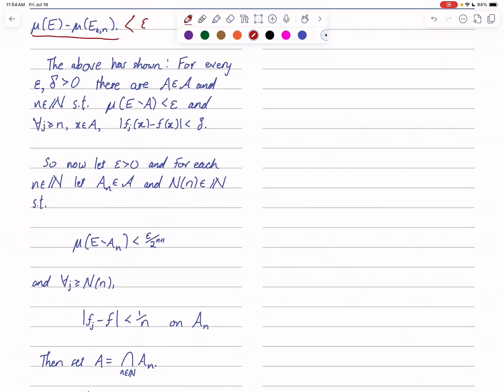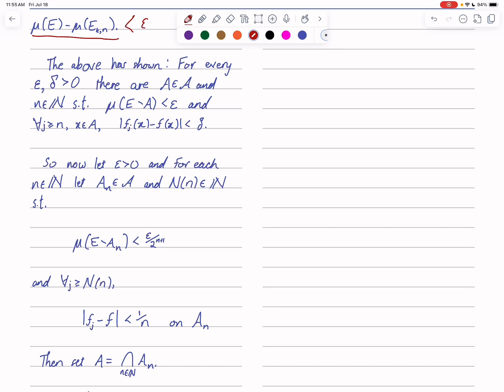But what we haven't yet done is get true uniform convergence. What's going on on that set E_k^n? Well, the functions all stay within 1 over k eventually on that E_k^n. That's not quite what we want, because we don't want them to just stay within 1 over k. We want the separation to become arbitrarily small in the limit. We want that uniform convergence, so there should not be this fixed parameter k.